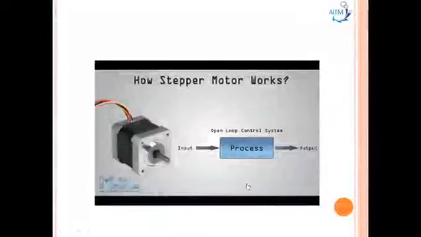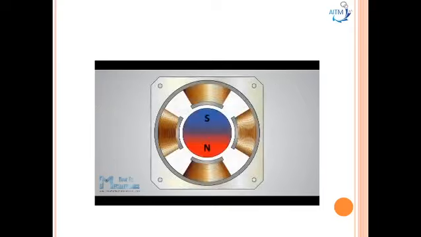Stepper motor is a brushless DC motor that rotates in steps. This is very useful because it can be precisely positioned without any feedback sensor, which represents an open-loop controller. The stepper motor consists of a rotor that is generally a permanent magnet, and it is surrounded by the windings of the stator. As we activate the windings step by step in a particular order and let current flow through them, they will magnetize the stator and make electromagnetic poles, respectively, that will cause propulsion to the motor. So that's the basic working principle of a stepper motor.